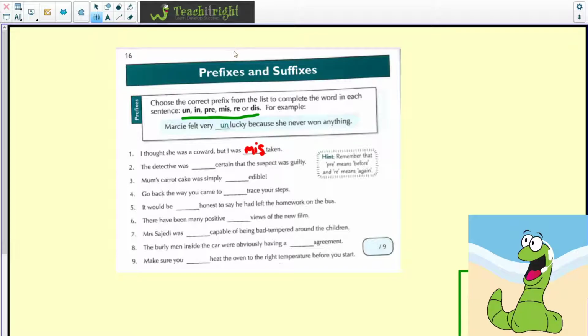Just try and make my pen a little bit thinner so it's easier for you to see. Number 2, we've got the detective was uncertain that the suspect was guilty. Number 3, we've got